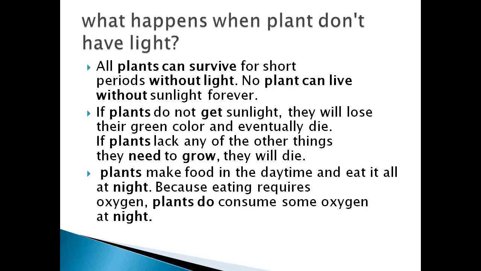So you know that people are saying don't sleep under a tree at night. Why? Because at night the process is reversed. At night the plant does not breathe out oxygen. It gives out carbon dioxide at night, because they are consuming their energy at night. So that is the exact reason.